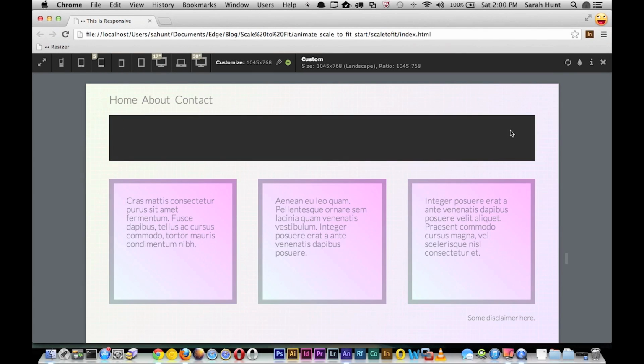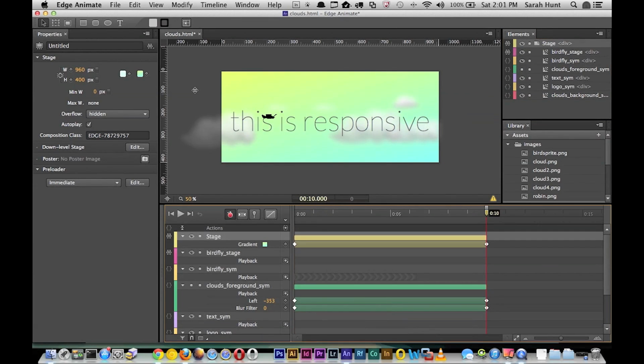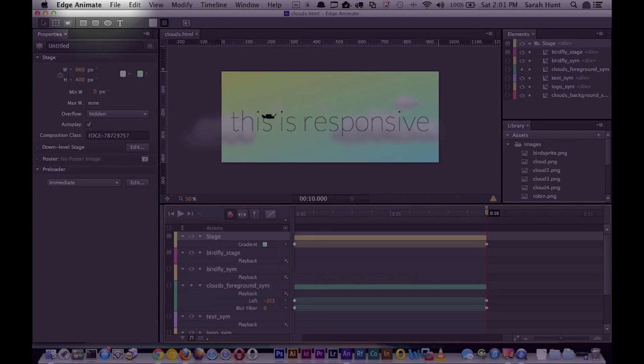Now what I want to do with this is take this and place it inside of my responsive website. So I have that loaded up over here. So we're going to take that Animate composition and place it inside of here. I'm going to hop back over inside of Animate. I'm going to Command S to save, and then I'm going to go ahead and publish. So I'm going to go up to File,